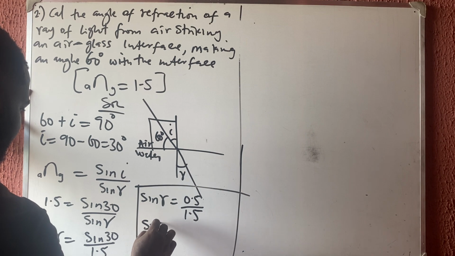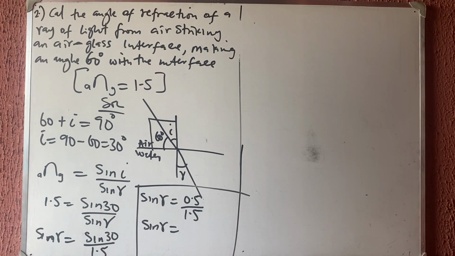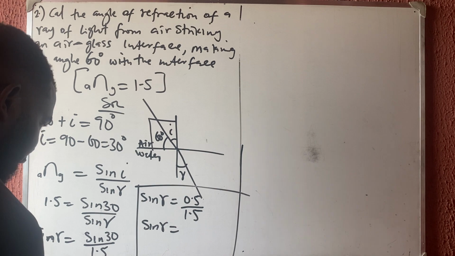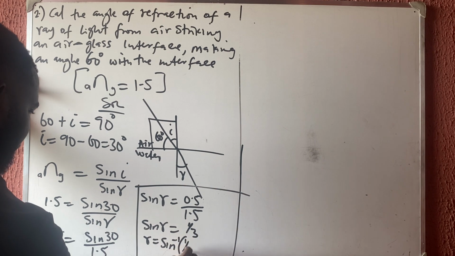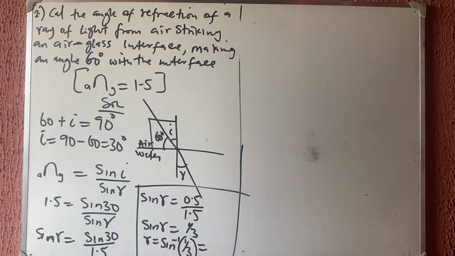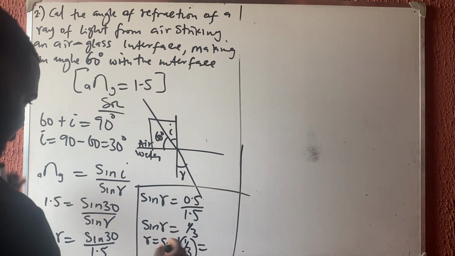So therefore my sine R is equal to 0.5 divided by 1.5. I'm going to have 1 over 3. So therefore my R will now be the sine inverse of 1 over 3. Sine inverse of 1 over 3, shift sine, answer. So I'm going to have 19.5